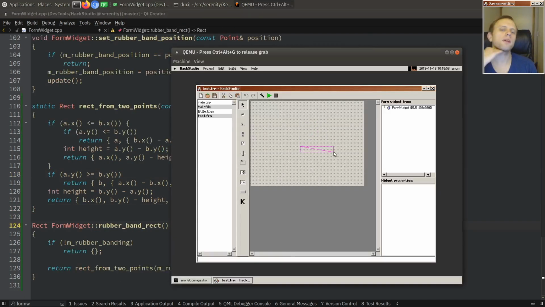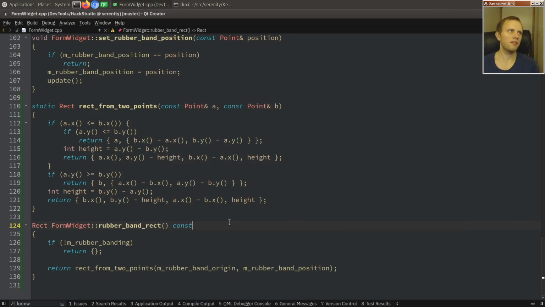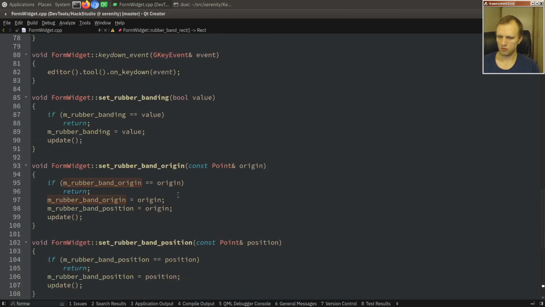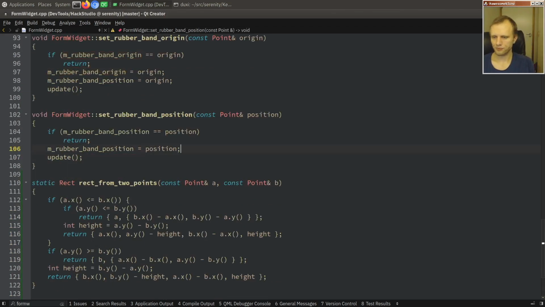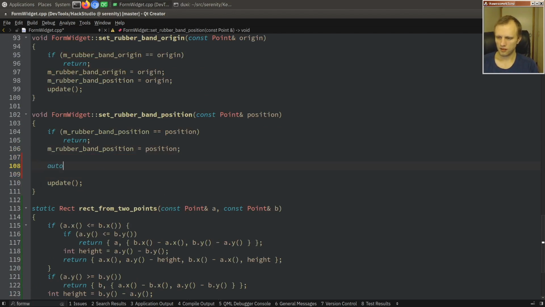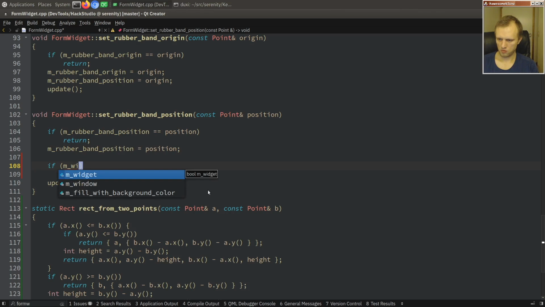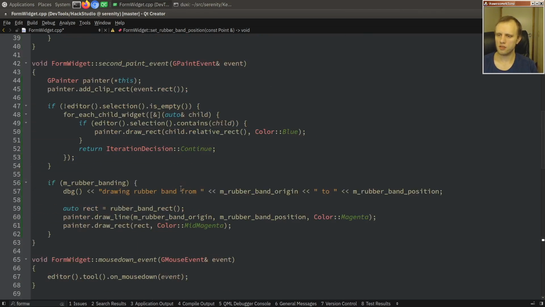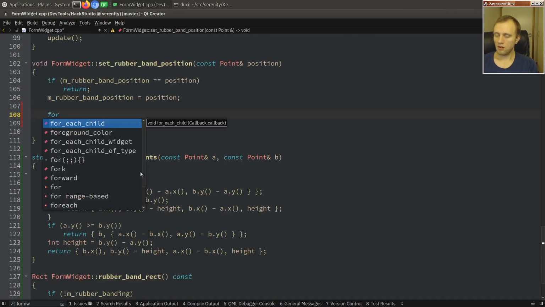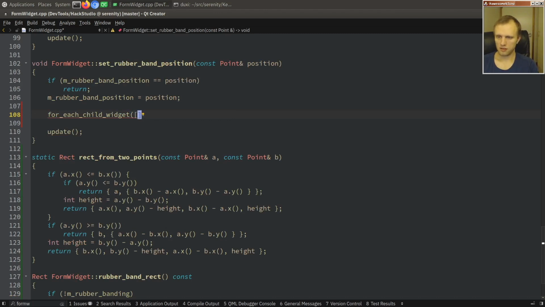So let's see, what do we want to do with this? And I guess now we want to check if this intersects with some widget. Then we want to select that widget. We want to select everything that's intersected by the rubber band, and everything that's not intersected by the rubber band, we want to let it go. So set rubber band position. How do we have to walk all of our widgets and see which ones are selected. So we got it for each child widget. For each child widget, auto child,